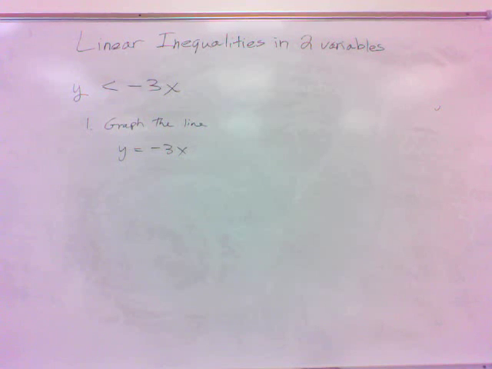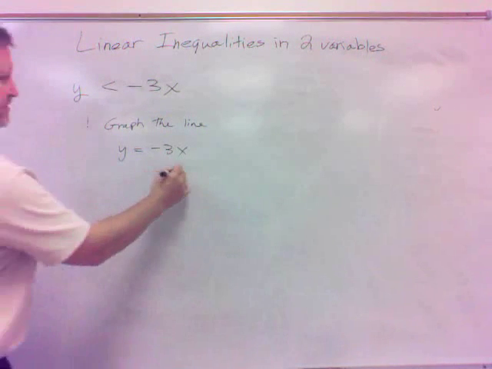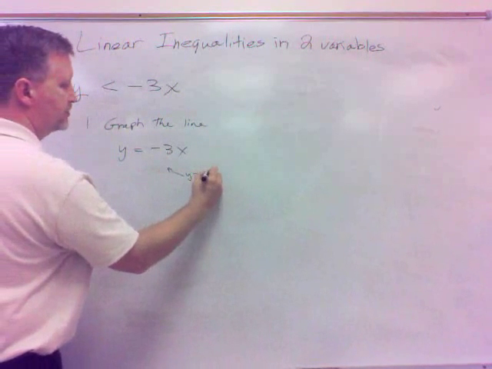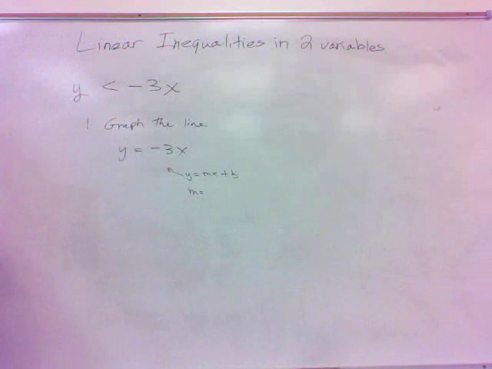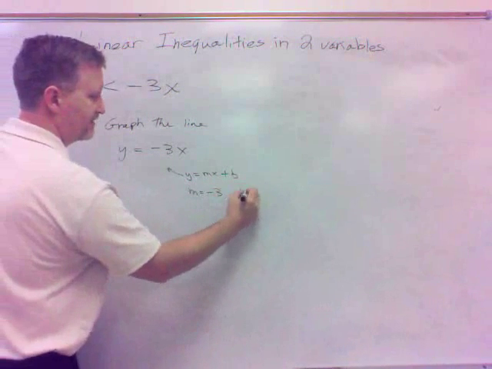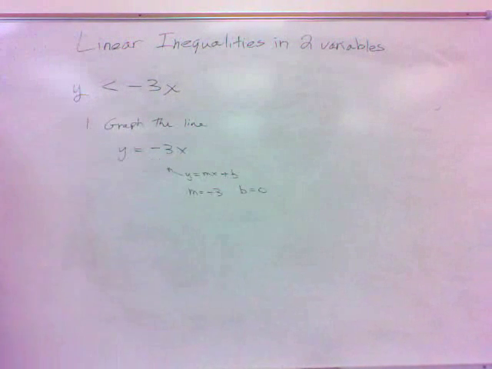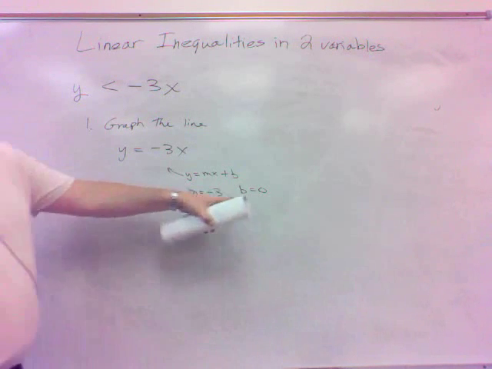Okay, well, what I would say on this is, I might want to use that other technique here. This is more y equals mx plus b, isn't it? If I think of this as being y equals mx plus b, the m is negative 3. What's the b? Yeah, the b is not showing there, but I can think of the b as 0. So let's use that technique. Remember using that. So now I can graph off of that. The b is the y-intercept,